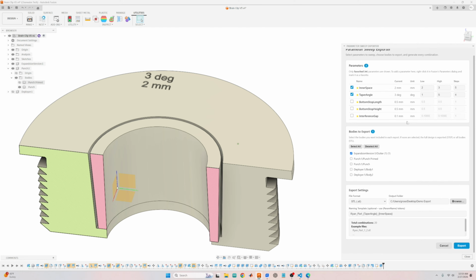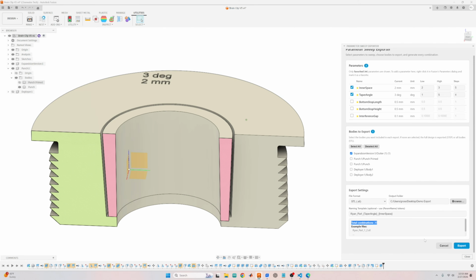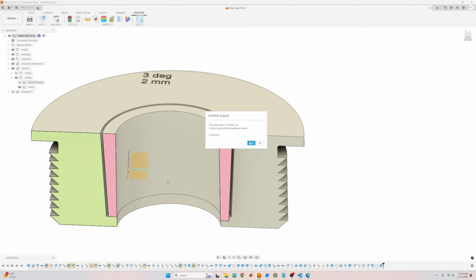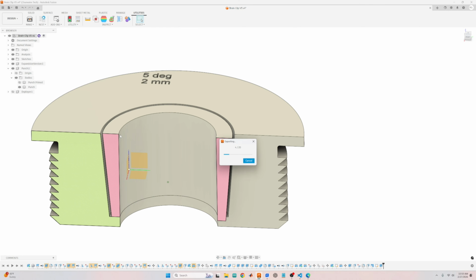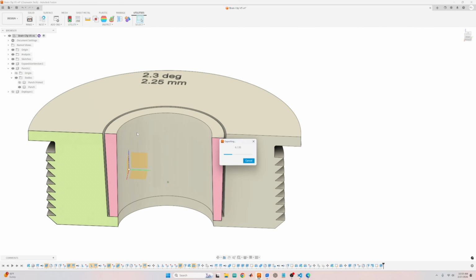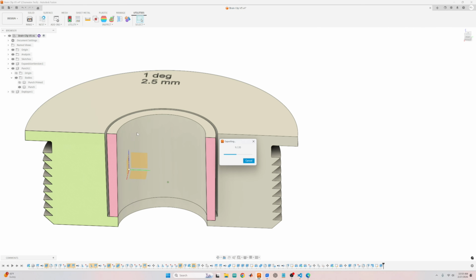So double check everything. Everything looks good. This is telling me it's going to output 20 files in total, which is fine with me. It shouldn't take too long. So I'm going to go ahead and click export, and you'll see once I agree to this, it will begin changing and exporting every combination of those parameters that I input in,